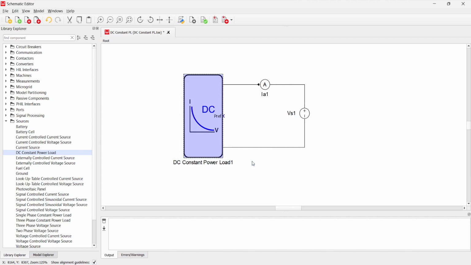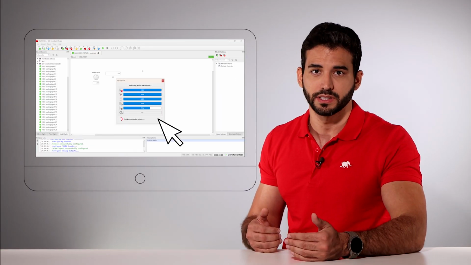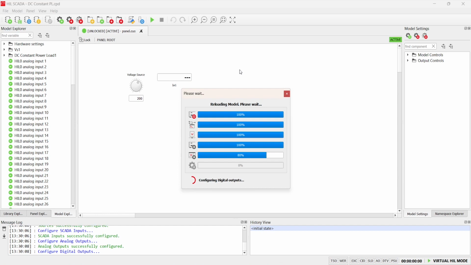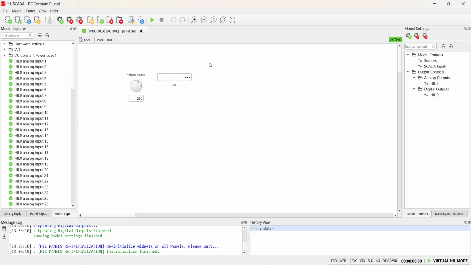Opting for signal input adds the PREF input to the component, allowing you to feed in a reference signal. This signal can be derived from your model, such as from signal processing logic. Opting for a SCADA input lets you set the power reference directly via the SCADA panel.